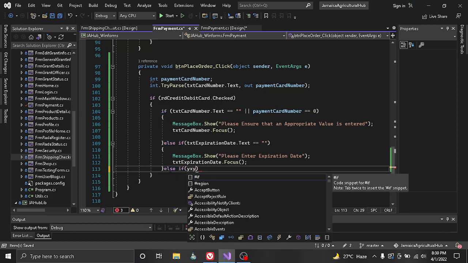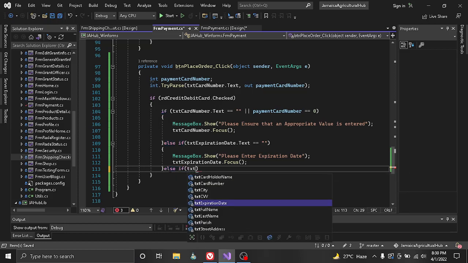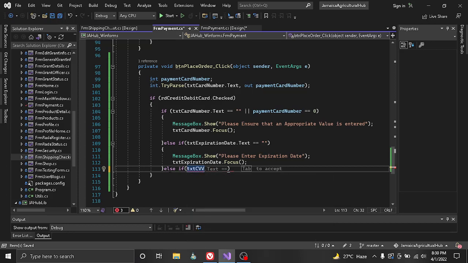I'm just going to type in my prefixes on my text boxes and the next value here, CVV. Okay. I should have spelled